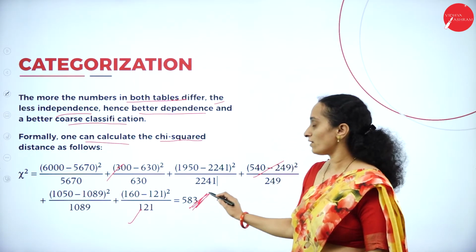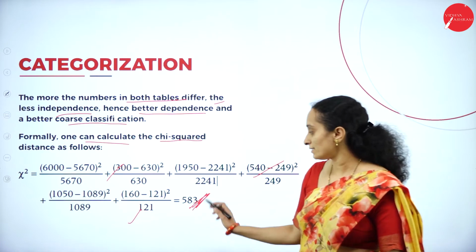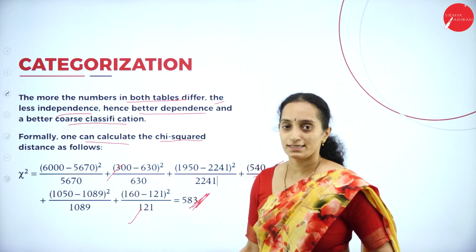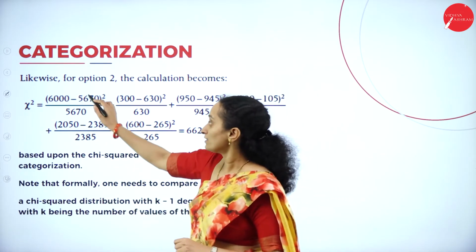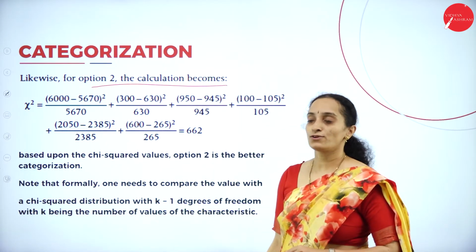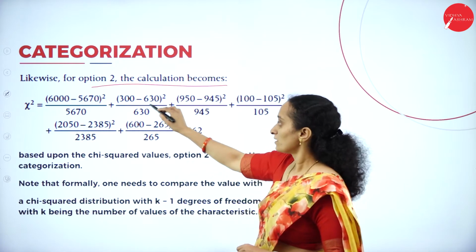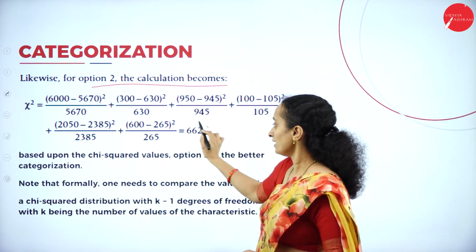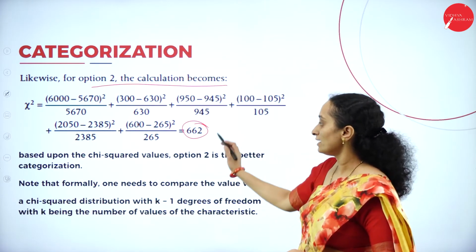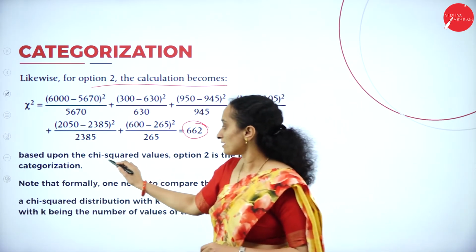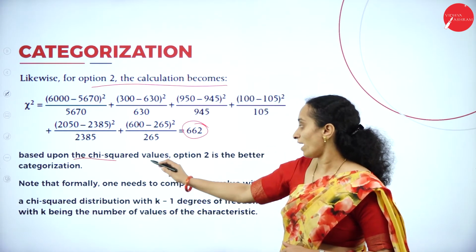So, the average chi-squared distance is 583. Okay. The next thing is, likewise for option 2, the calculation will become like this. So, this is the calculation we consider, with the value 662. Okay. Based upon the chi-squared values,